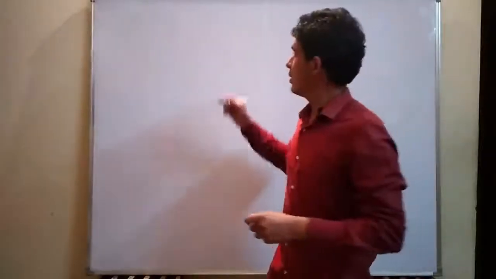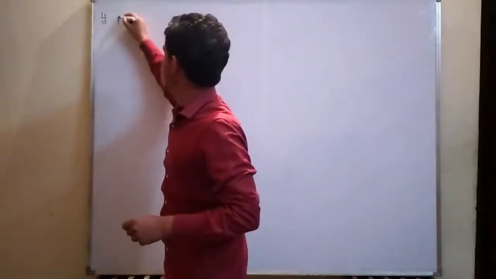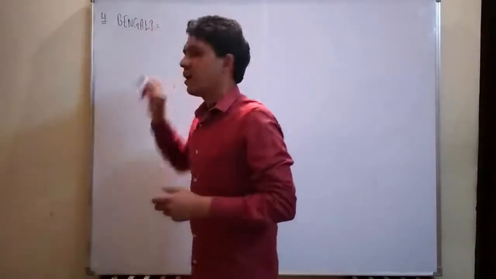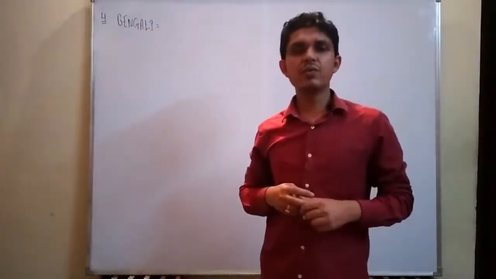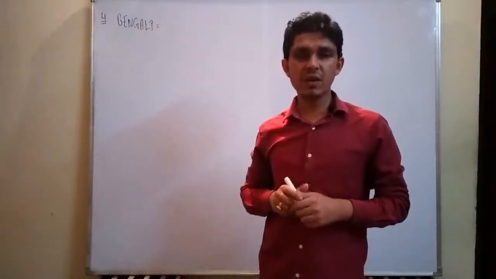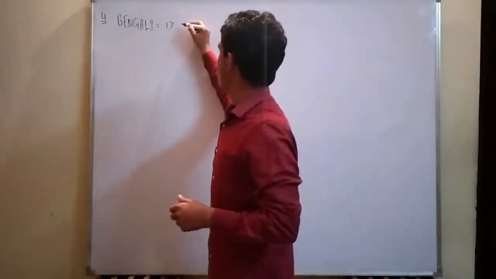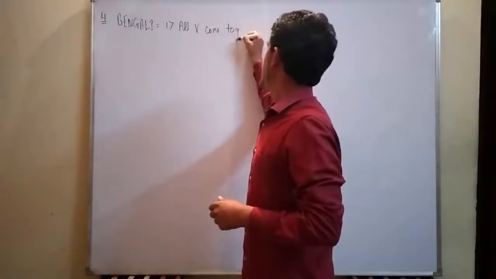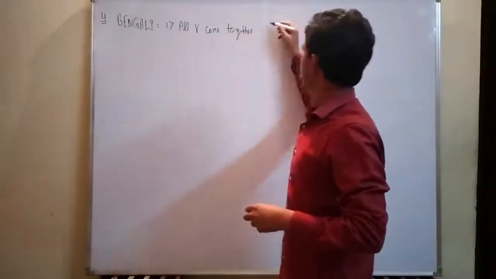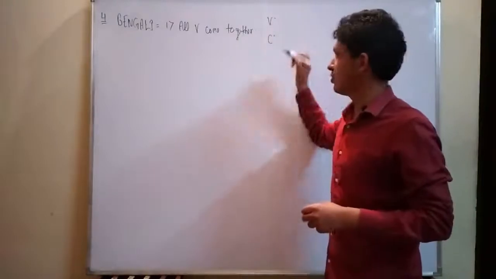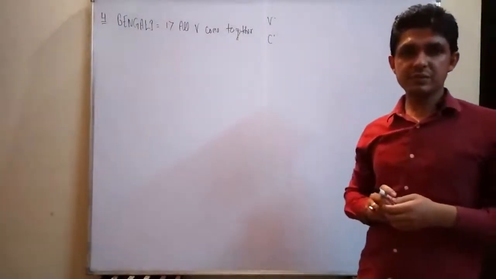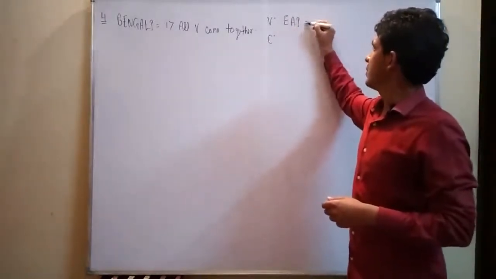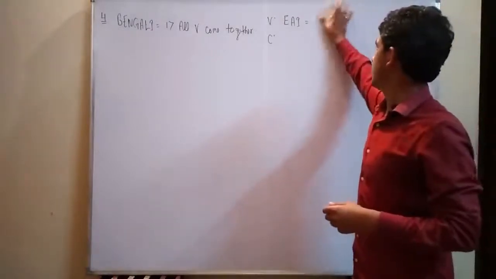So our fourth word is Bengali, right? Bengali, right? And in the word Bengali, we have to arrange all the letters of the word Bengali such that all the vowels come together. So for this, we have to first segregate all the vowels and consonants. The vowels are E, A and I. This will be arranged in factorial 3 ways.